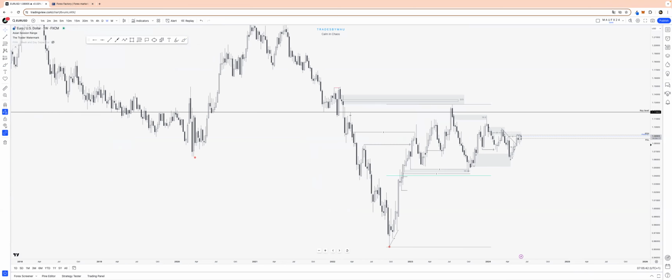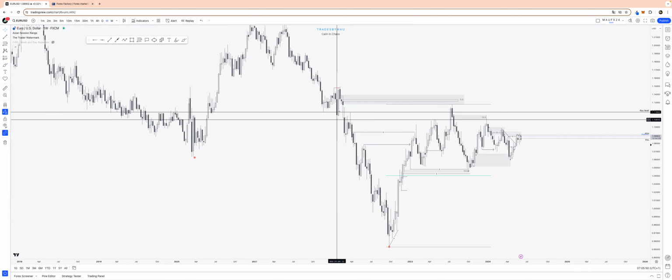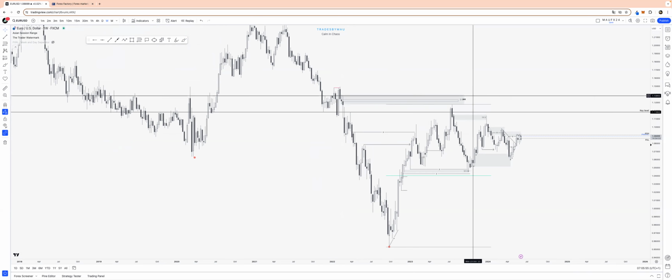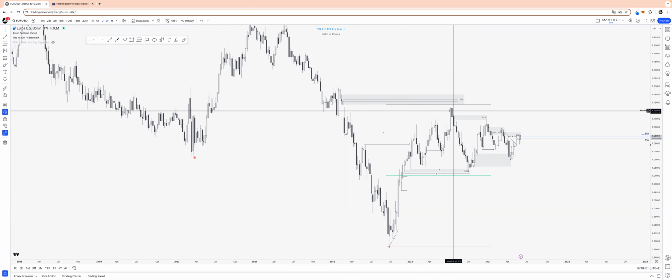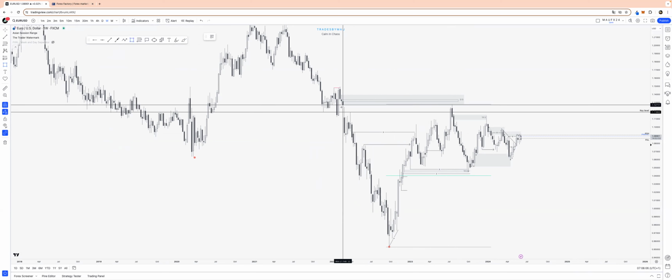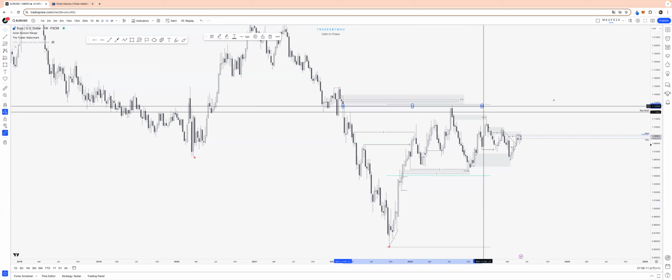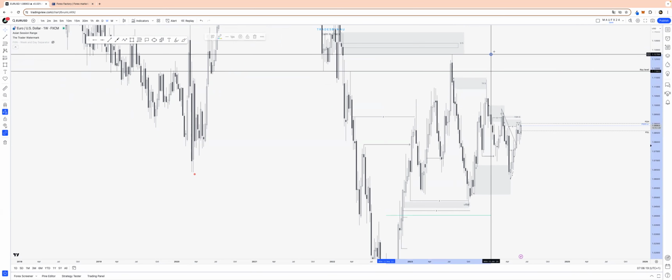Then here, same thing where we had a high that led to a low. Price got above there, wicked above, then gave us a turnaround, and that's why I'm interested in this overall supply zone. I narrowed it down to this supply zone here on the daily, but essentially price reacted from this weekly supply zone, wicked above this area here, came into the gap we had there, tapped into that, just got above there, but never tipped into the daily supply zone, but it doesn't matter. And then it pushed